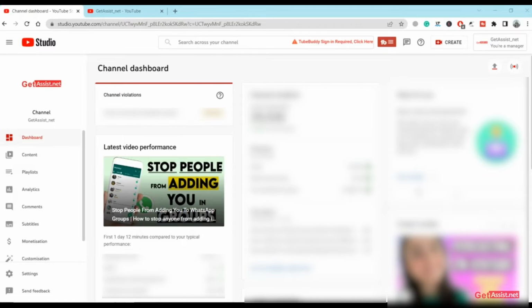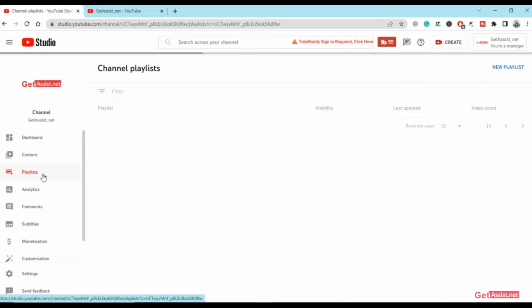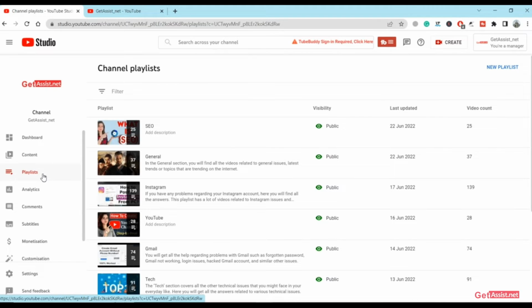Alright, to create playlist for your YouTube channel, you just have to go to YouTube Studio, and that is the dashboard that you can see on the screen. Now from here you just have to go to playlist section. So here on the left you will see some options. Click on playlist and this will take you to the area or the section where you can create new playlist for your YouTube